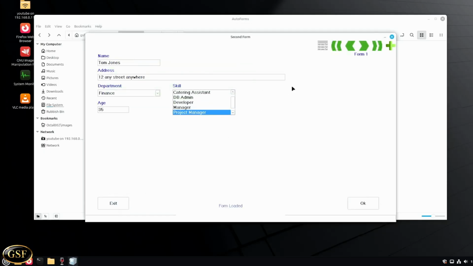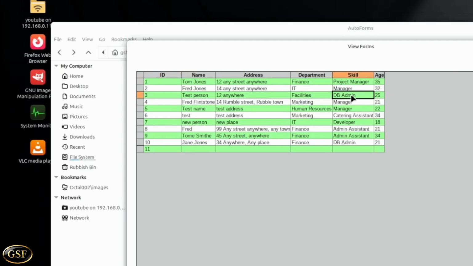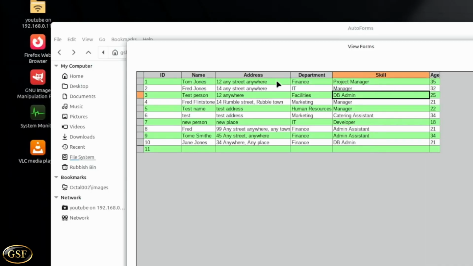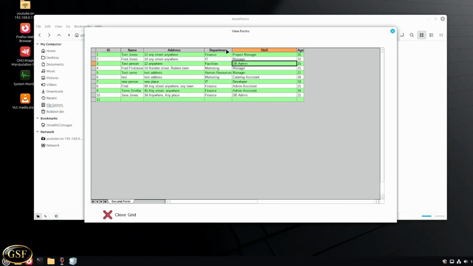and we can go in and we can make edits to any of the records. And we'll change this test person to be a DB admin. We'll save that, and we can see that test person on our list is now a DB admin. And our grid can be adjusted quite happily. So all the functionality we would get in a Windows environment works just as well in a Wine environment on